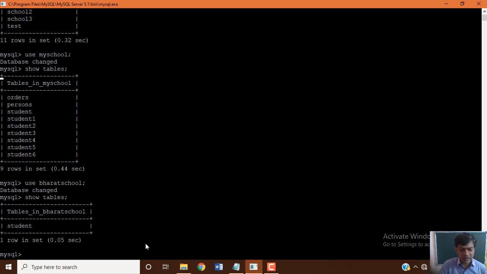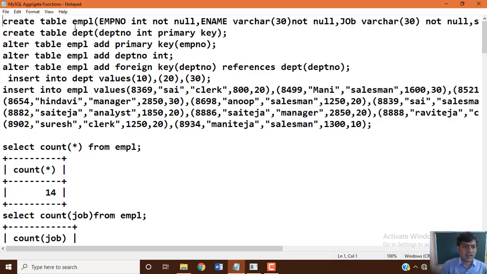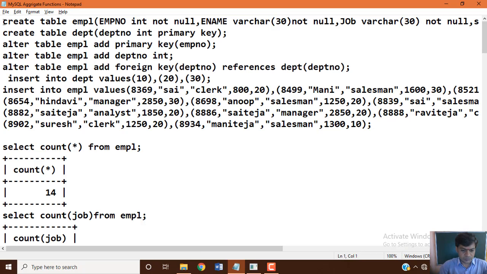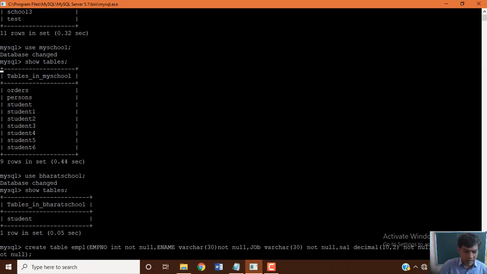Now we are going to create another two tables and we will work with aggregate functions. Let's create the emp table, emp is nothing but the employee table. Create table empl, or you can use employee also, no issue.